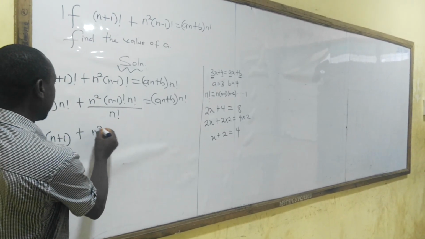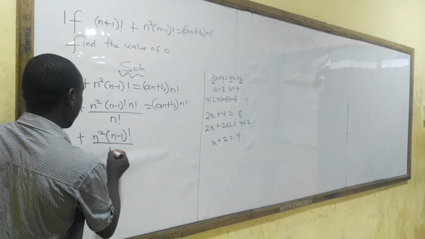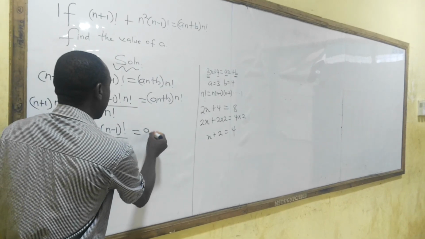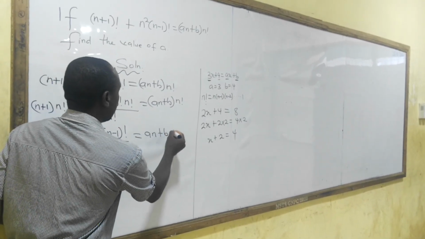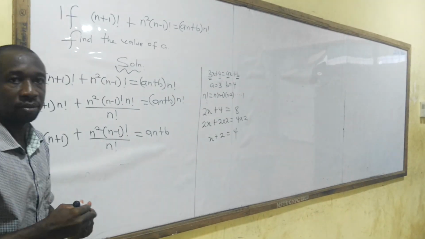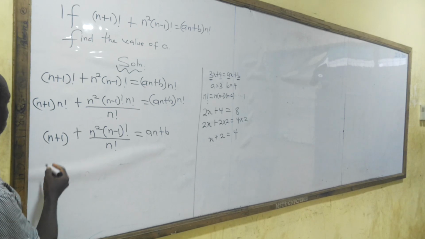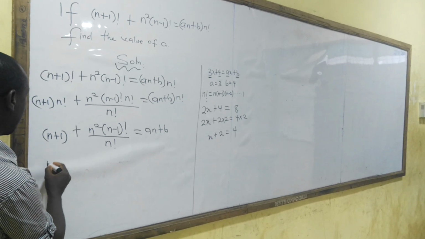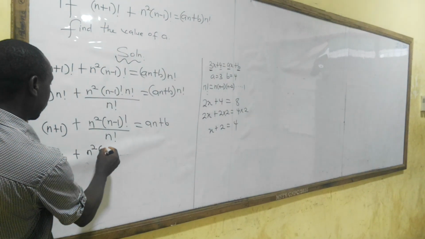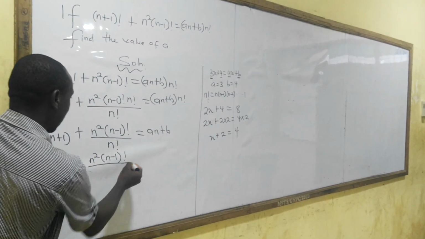So I have n²(n − 1)! all divided by n factorial, which is equal to an + b, because this n factorial has also vanished because of the cancellation. And so therefore I'll be having n + 1 plus n²(n − 1)! all divided by